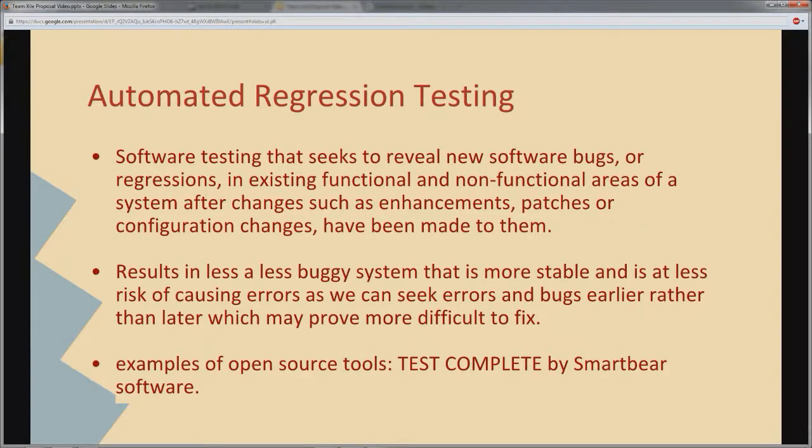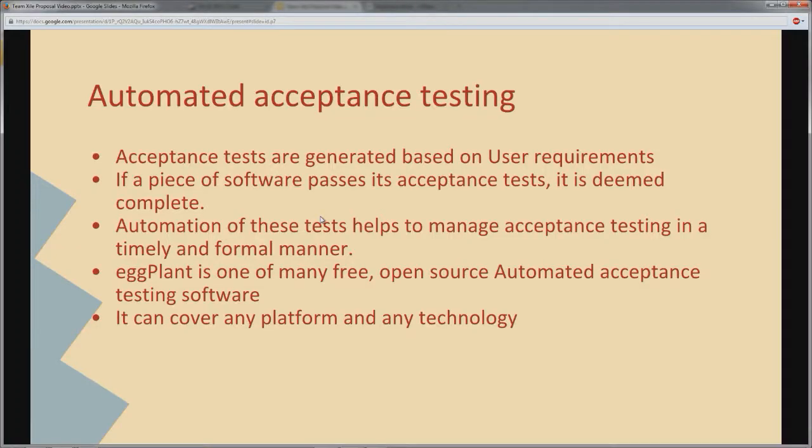to resolve. Automated acceptance testing is also an important part of our workflow. An acceptance test is a test for a particular piece or section of coded software. These tests are created based on what the user has provided as their requirements. Usually, each user story is assigned multiple acceptance tests. Once the software pertaining to each user story passes its acceptance tests on an acceptable level, it is deemed to